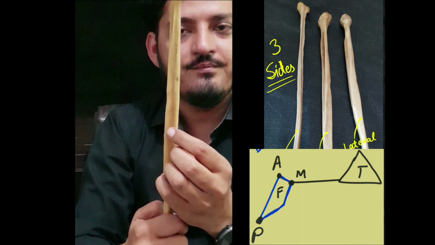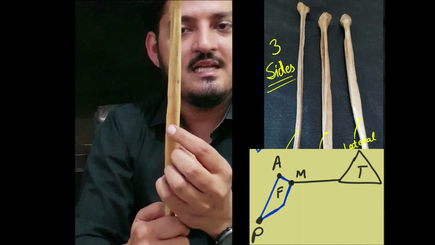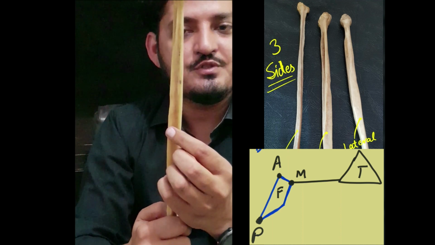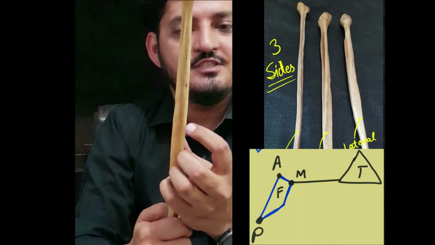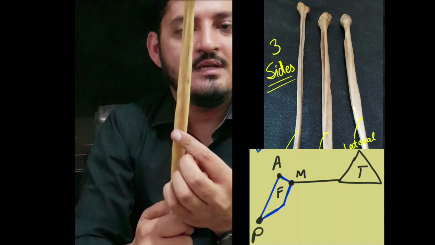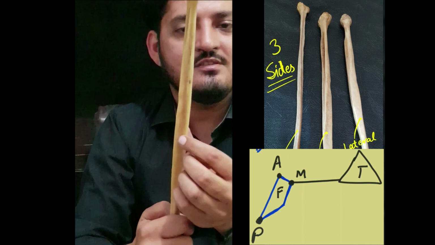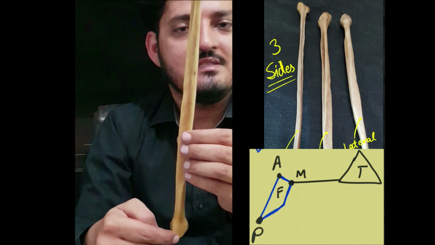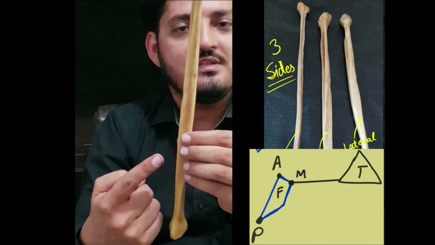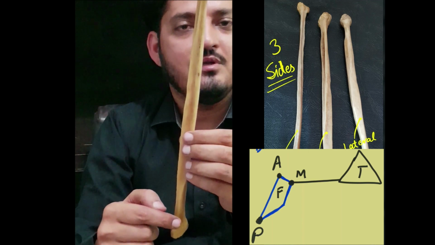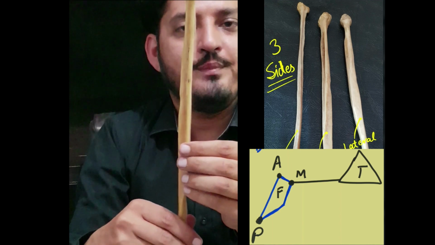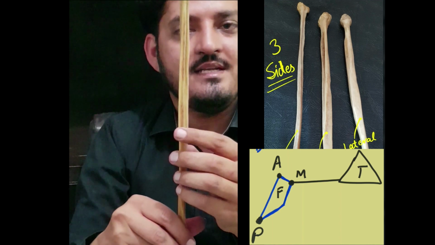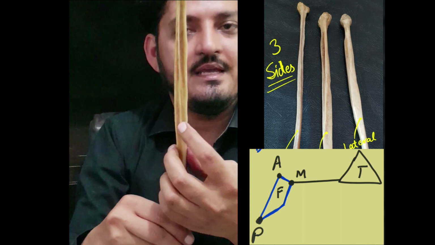I am rotating here. This was the lateral surface. So you are looking at the lateral surface located between the anterior border and the posterior border. This is simple. This is the lateral surface of the fibula bone. Lower down, you can note down, this is leading towards the lateral malleolus. So this is the lateral surface of the fibula bone. I am rotating back. This was the anterior surface. I am rotating again.